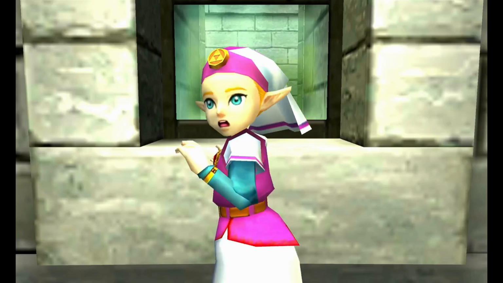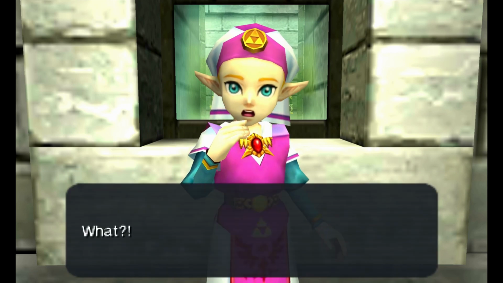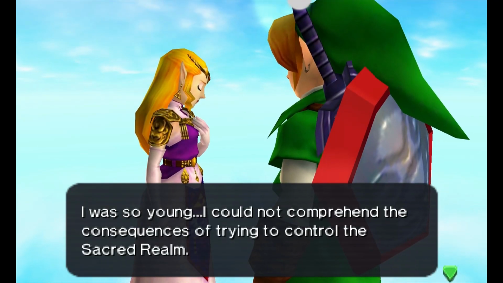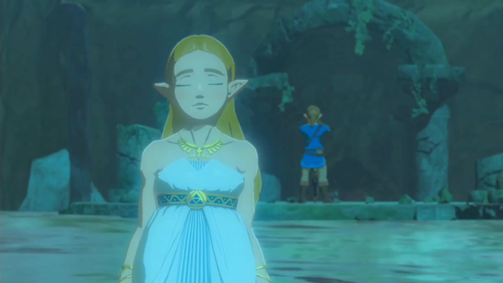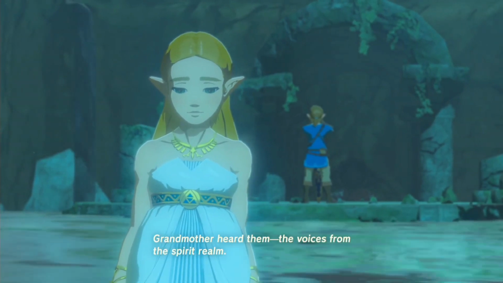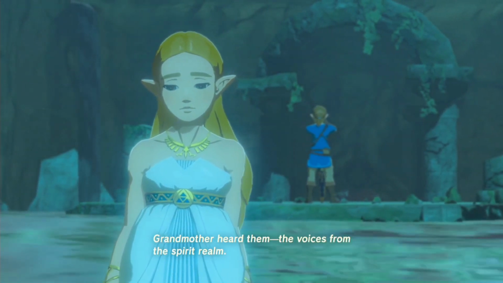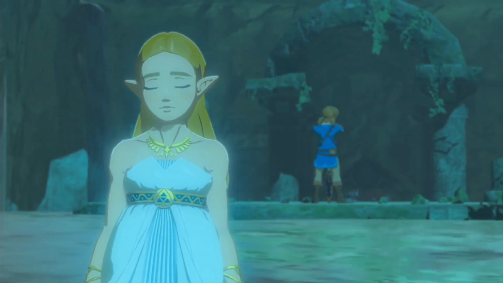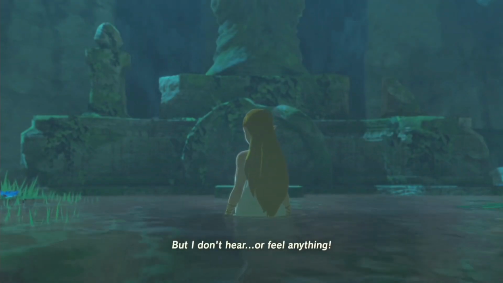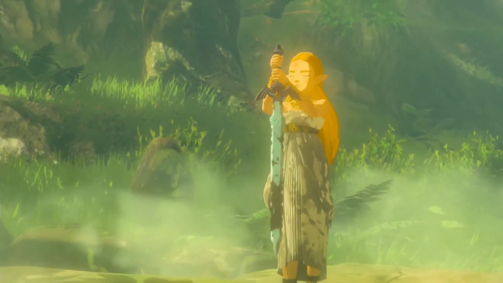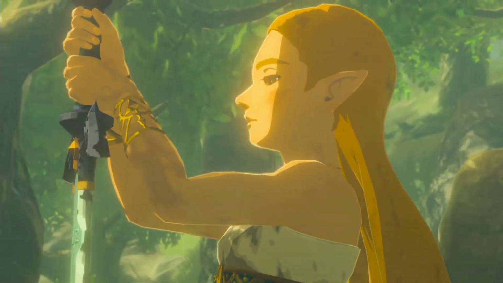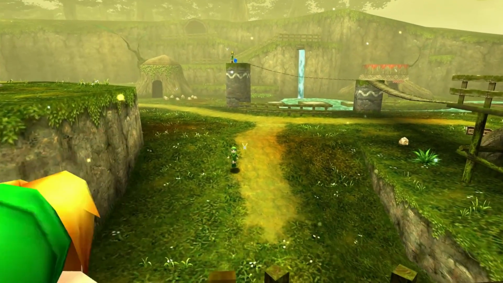In the games, Zelda is typically the one that is developed the best. In Ocarina of Time, she has a character arc. She goes from being a small, young, naive child to a wise adult that realizes the mistakes of her past. In Breath of the Wild, we see her consistently struggling, trying to manifest her powers that she has no idea how to access. And because they need those powers to stop Calamity Ganon, she carries a tremendous weight on her shoulders. So even though you probably should develop her a little bit more, she's the one that actually needs the least work.